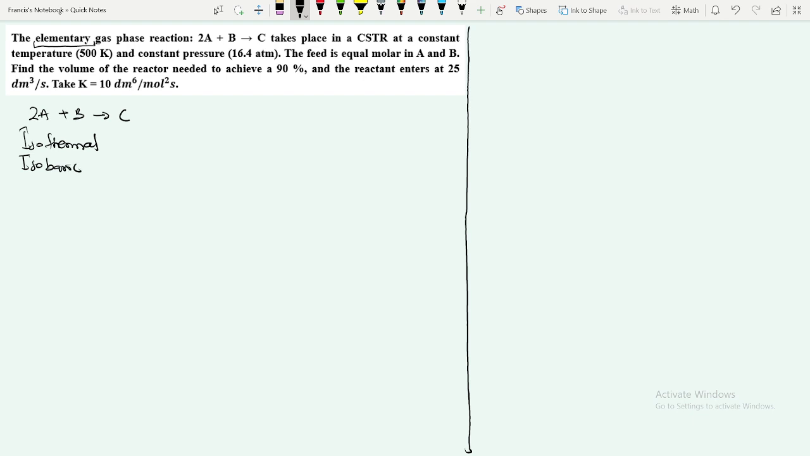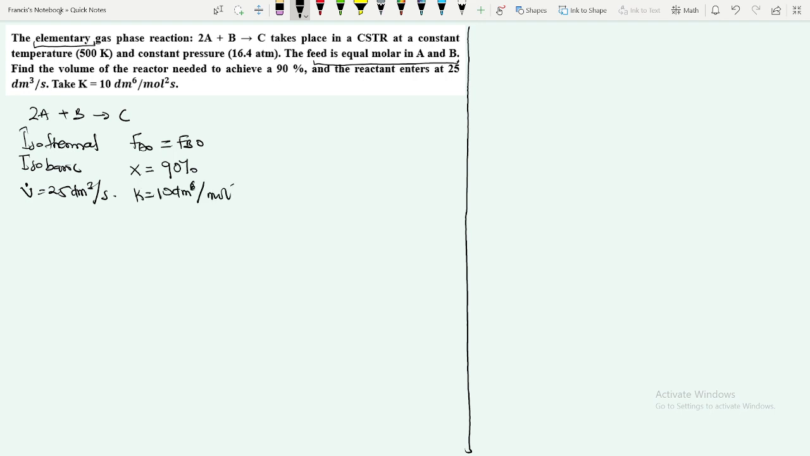The feed is equimolar in A and B. So our FA naught is equal to our FB naught because the feed is equimolar in A and B. Find the volume of the reactor needed to achieve a 90%. So our X here is 90%, it's our conversion. And the reactants enter at 25 dm³ per second. So that's the volumetric flow rate. 25 dm³ per second. Take K to be 10 dm to the power 6